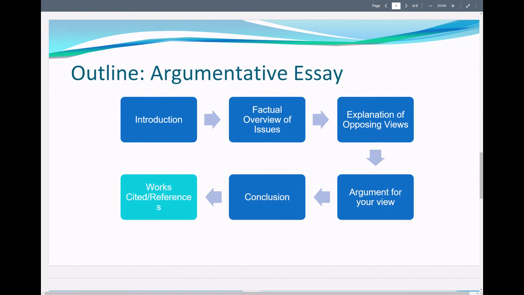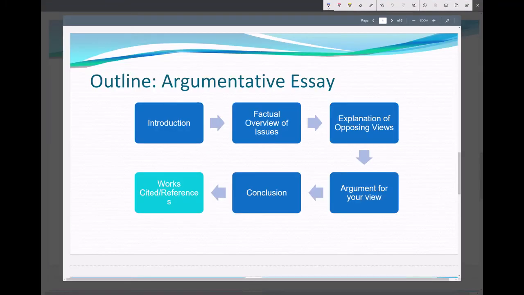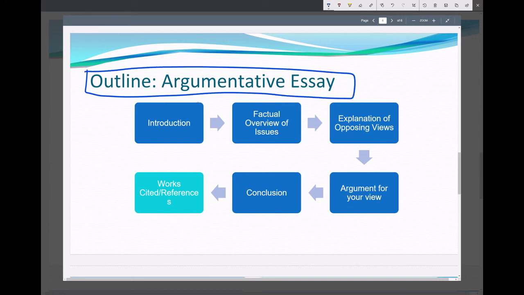Now, this section is the outline of your argumentative essay. And I'm going to show you a sample argumentative essay. And it will contain all these parts. You have the introduction, that's one. You'll have the overview of issues, along with facts and definitions, terms and definitions.